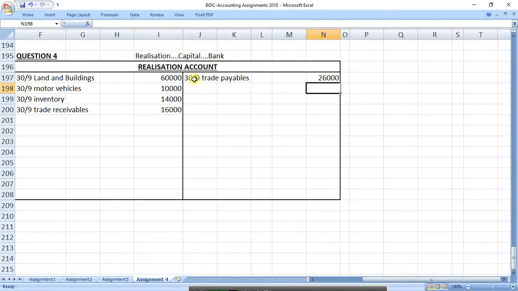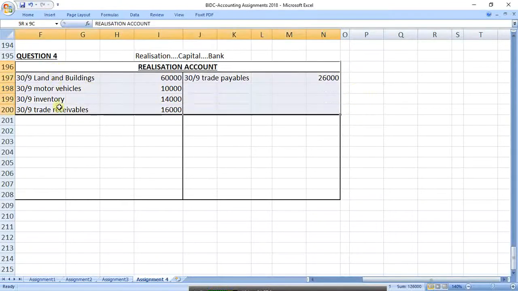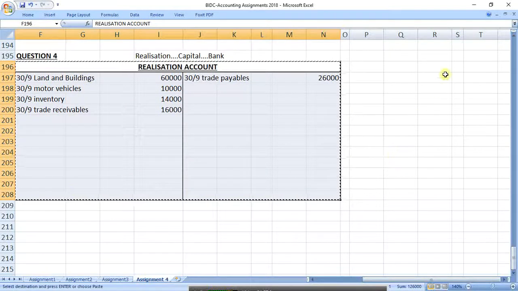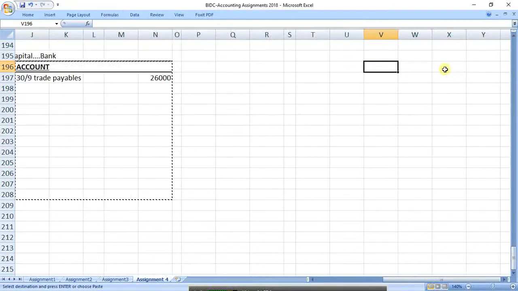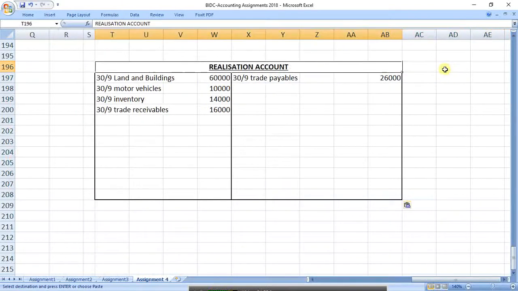Next, what else do you have? Bank. Okay, bank you also don't transfer to the realization because bank you would draw up separately. Okay, so what I want to do, just to show you how all of this works. This you don't need to write down. This is additional, but I want to show it so at least you can see it